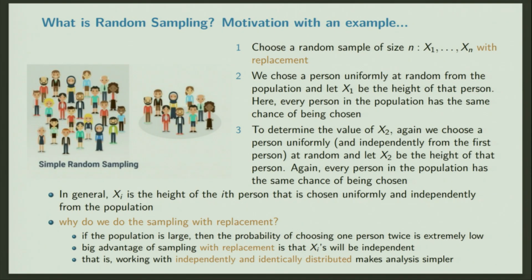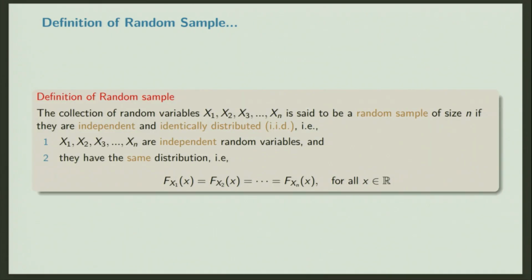So far we are considering uniform sampling. Again, as I said, even sampling itself could be done in many ways. We are sticking with the basic sampling, uniform sampling with replacement. So that's our sampling process, and this is the formal definition of a random sample now.